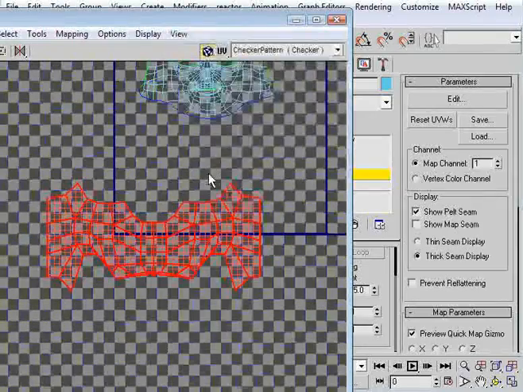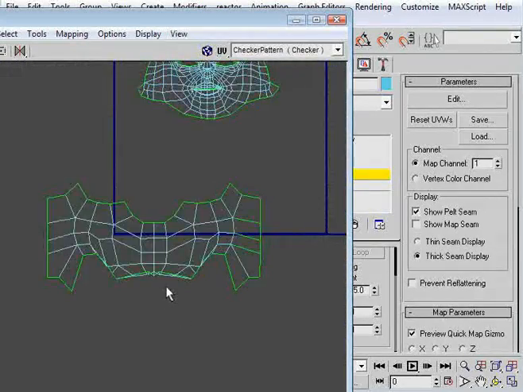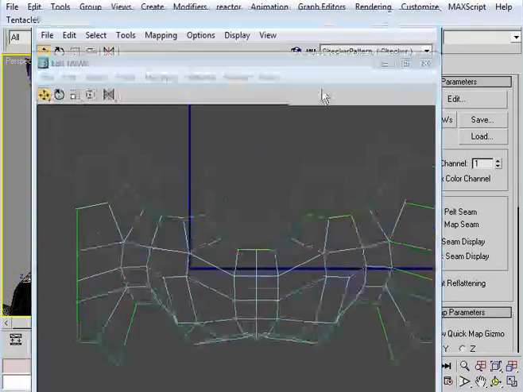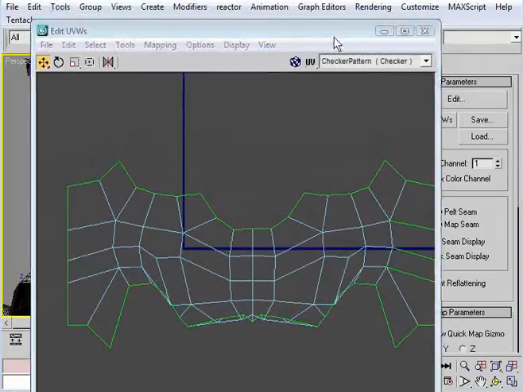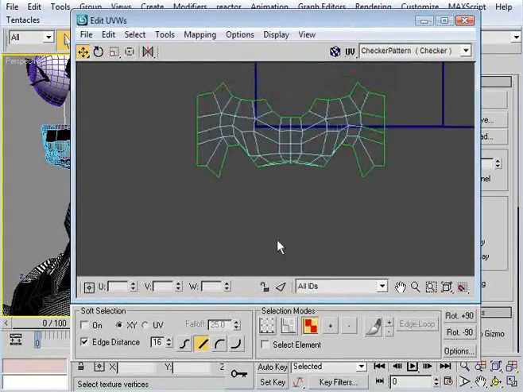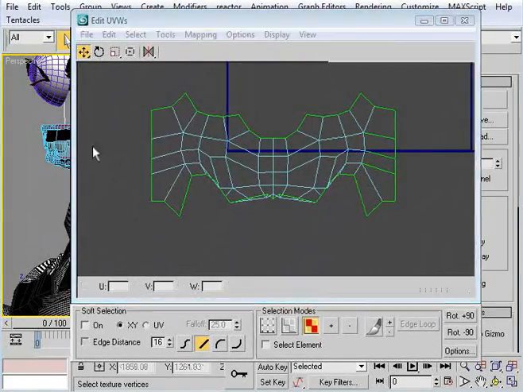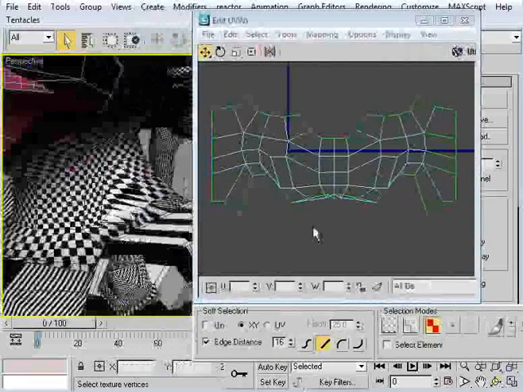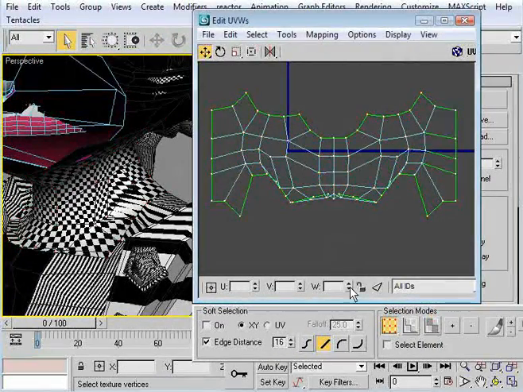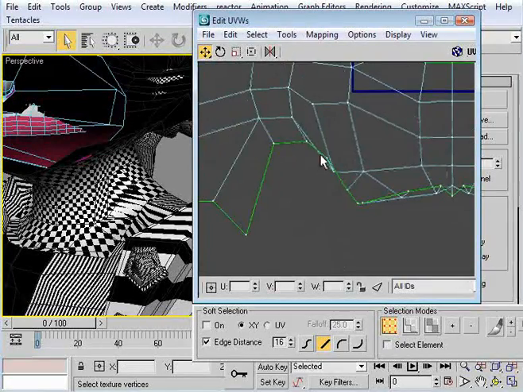And again, I'm going to turn these off so we can just see what we've got going on. And okay, so you can see we definitely have some issues,